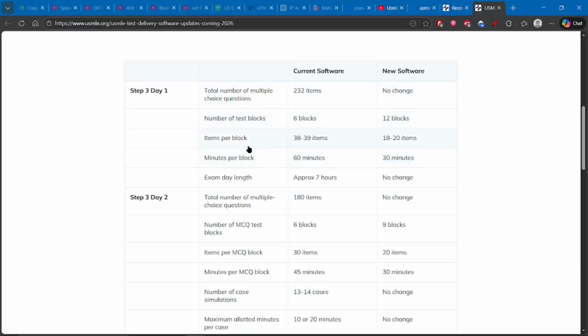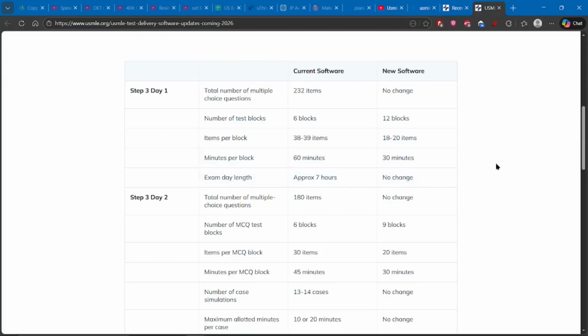Normally there were 38 to 39 items per block; now they're going to be 18 to 20 items. So if there were 40 questions per block, now they're going to be 20 questions per block, but they've increased the number of blocks. They've also decreased the time per block. Of course, if you have fewer questions, you don't need that much time. So the total length is the same.